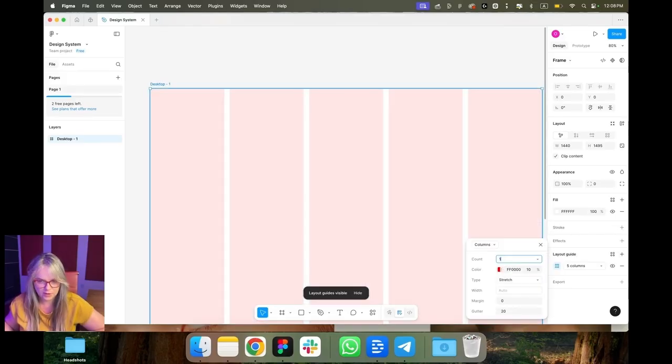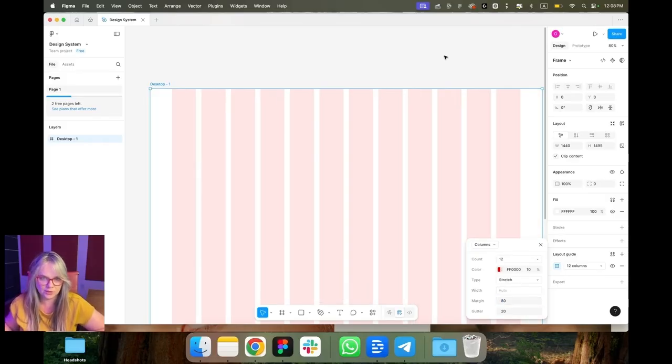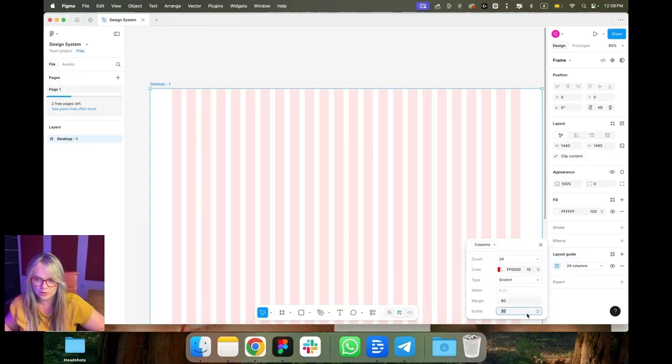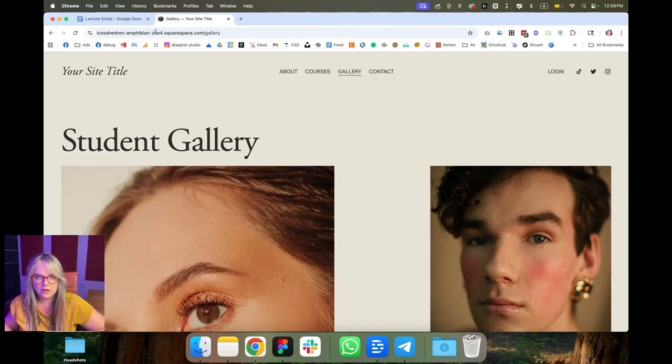So I add 12 columns. It's my habit from working with the Squarespace 7.1 classic editor, before Fluid Engine was introduced. So for Fluid Engine, I would do 24 columns with a smaller gutter, with a gutter of 11 actually. Why 11? Because